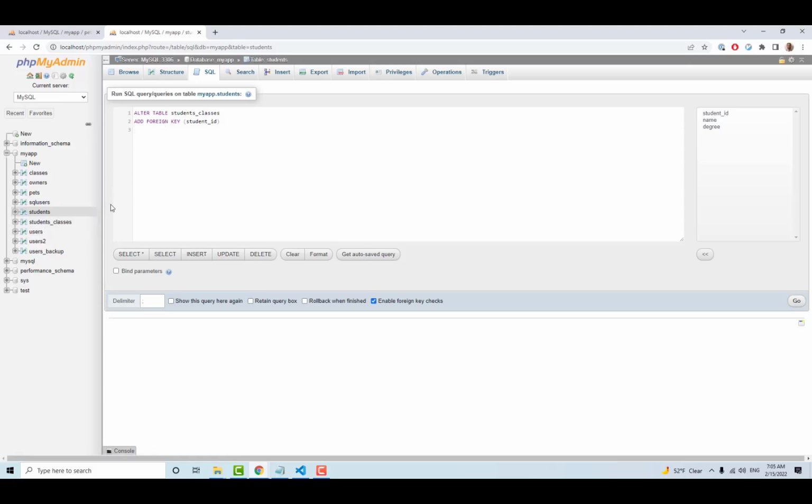So we have a foreign key for students and a foreign key for classes, and hopefully that makes sense. So add foreign key student ID references the student underscore ID, and then the referential action. So I want on delete cascade,